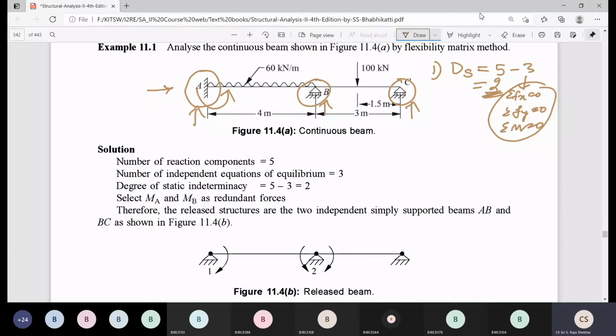So we need to release 2 unknown redundants. From this we can conclude that we need to release the 2